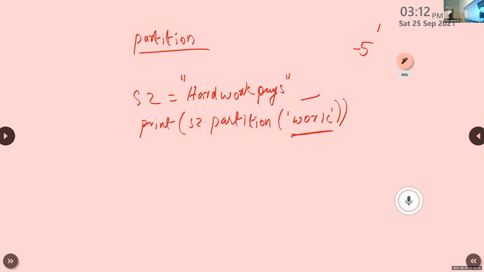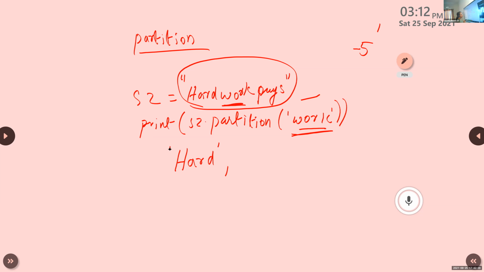So this partition function will divide S2 into 3 parts. The first part is the substring before the separator. Work is the separator, so it will display the substring before the separator, that is hard. Hard is the first one.